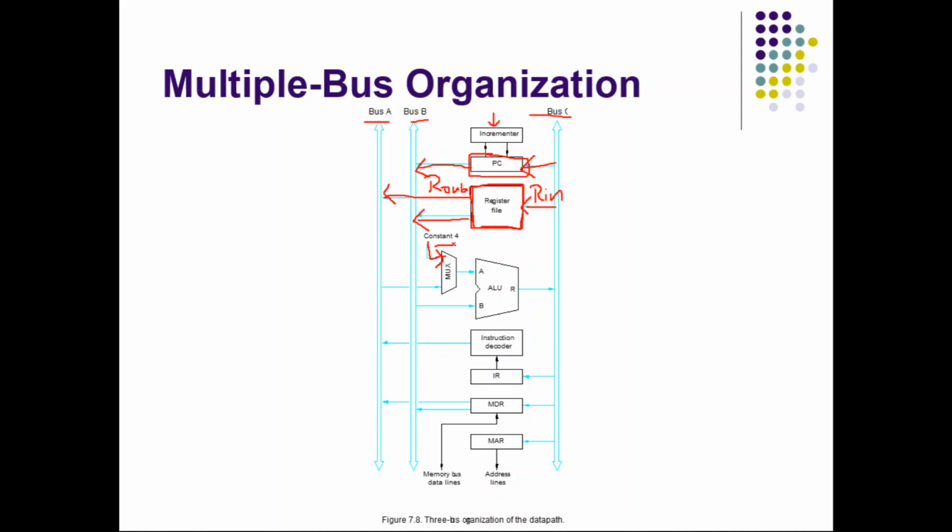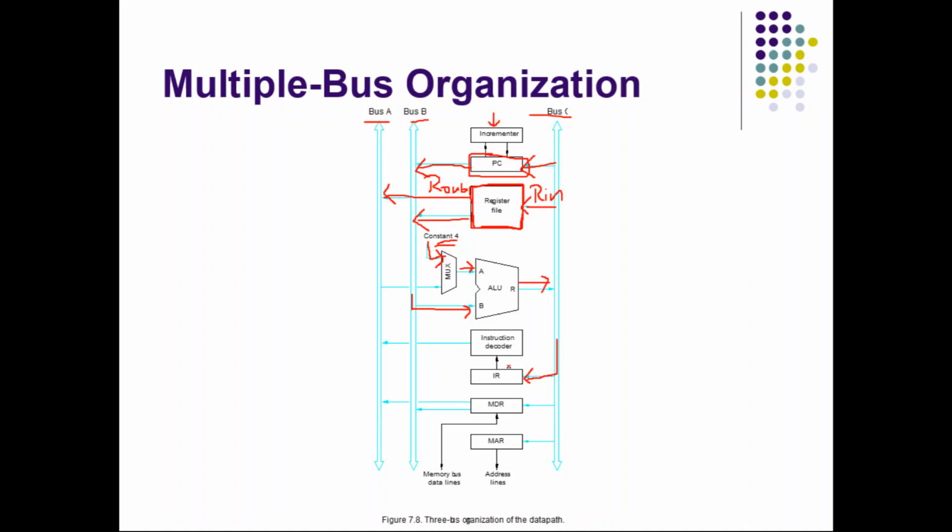If constant 4 is selected, then this 4 will be available as input A. Otherwise, whatever is the content of bus A will be available in A. And whatever is available in bus B will always be available in B. Whatever operation you perform in the ALU, the result will be immediately transferred to bus C. And here is the IR, the instruction register. The instruction register is connected with bus C, so through bus C the instruction will be loaded into IR.